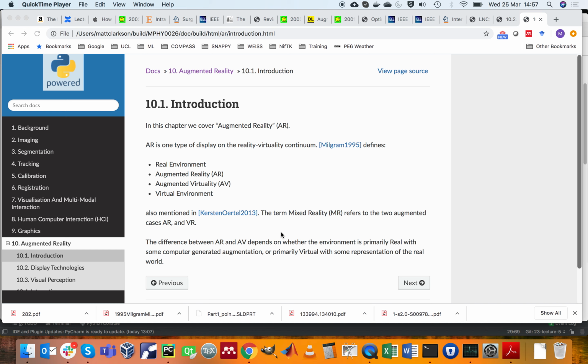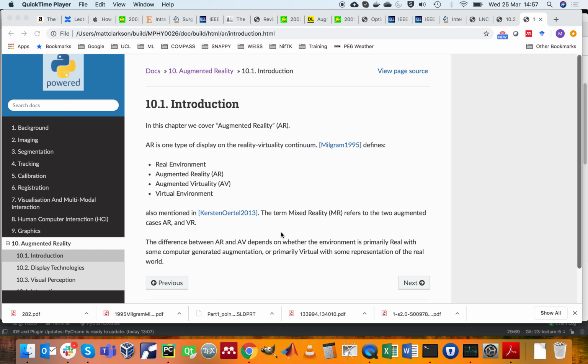Okay, in this video I just want to describe what is augmented reality and some of the options we have for achieving this. We've already seen some examples, so in simple terms augmented reality you could say is just projecting some graphics on top of a real image. But there is more to it than that, and a bit more variety in terms of the options we have for